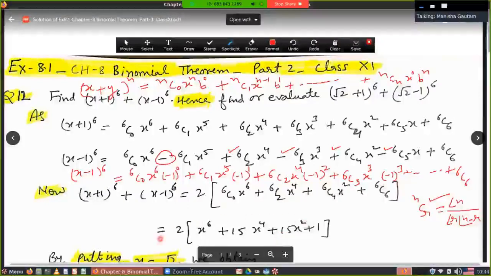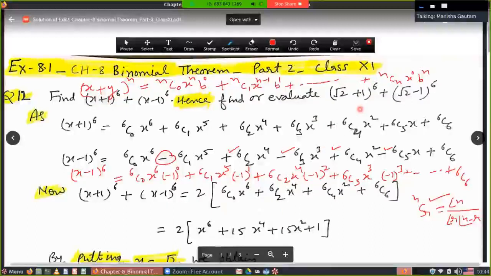As you know, first and last coefficients are the same. Second and second last coefficients will be the same. As third and third last coefficients will be the same, fourth and fourth last will be the same, and so on. This is a procedure which we have discussed in the Pascal's triangle format. Now,